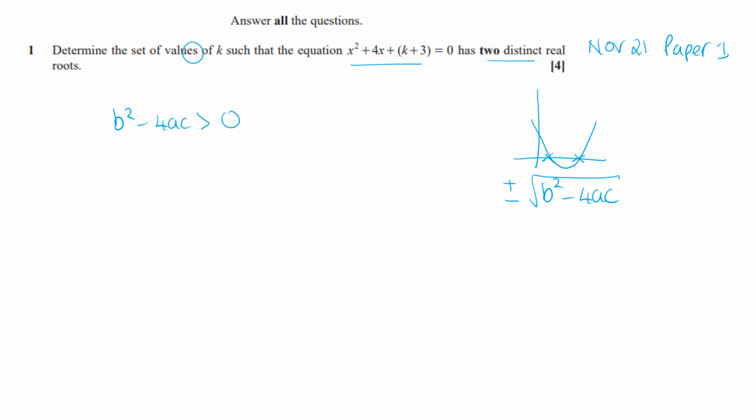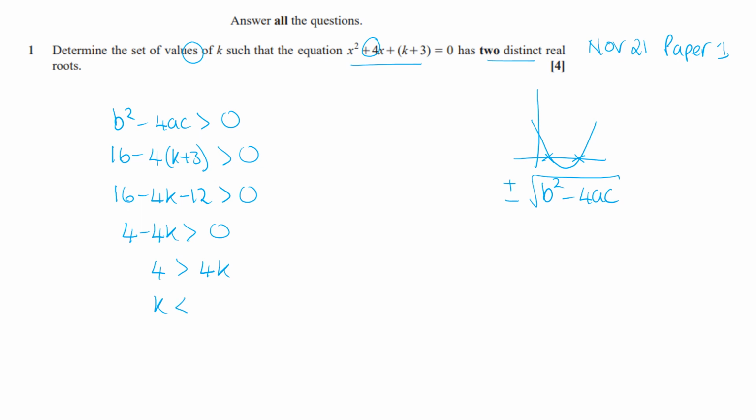So here b is 4, so b squared is going to be 16 minus 4, a is 1 and c is all of that k plus 3, so that has to be greater than 0. Multiplying out that bracket, 16 minus 4k minus 12 has to be greater than 0. 4 minus 4k has to be greater than 0, so 4 has to be bigger than 4k. So k has to be less than